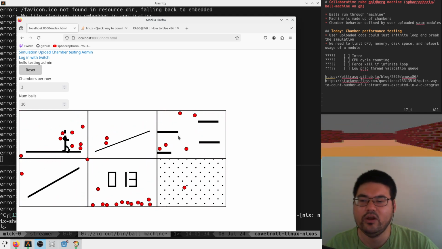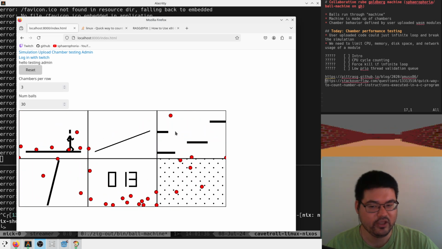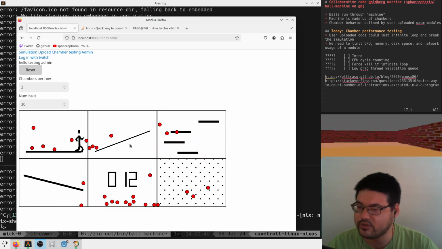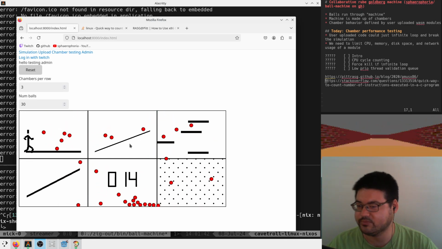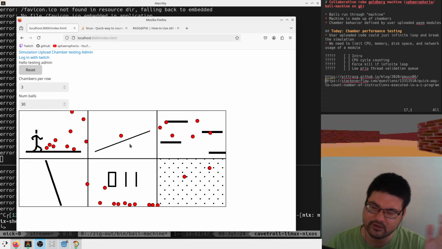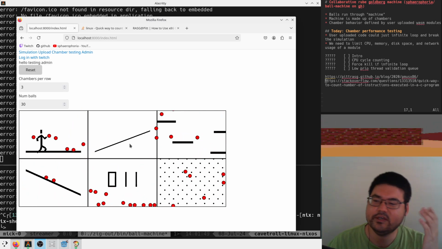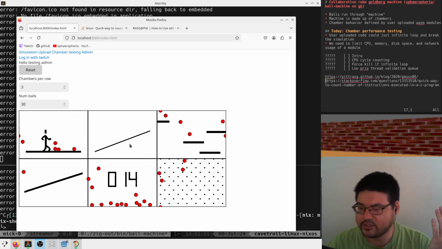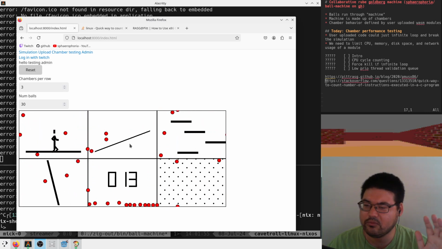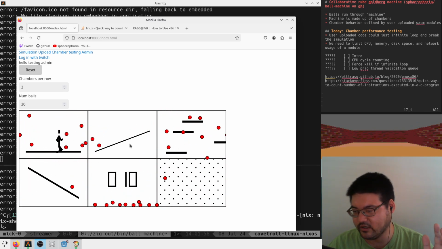So I think what I want to do is use CPU cycle counting, or instruction counting. I'm not really sure which one, probably cycle counting, because I have this piece of trash server that I'm renting for like $2 a month, right? So trying to do anything related to time is incorrect here, because